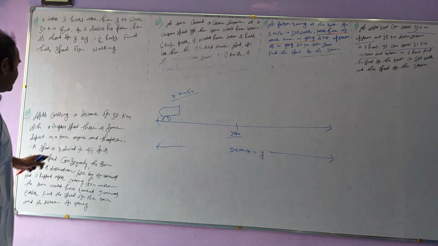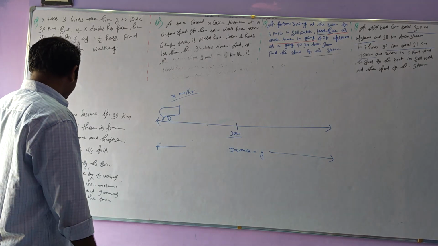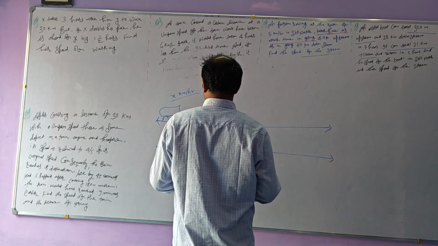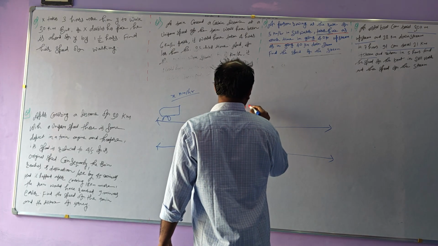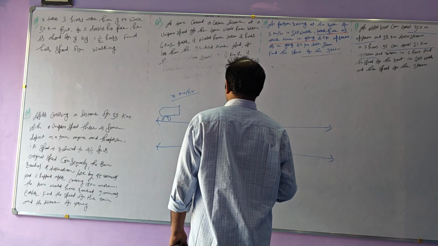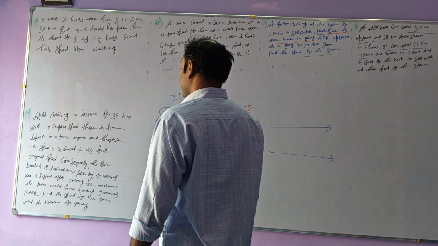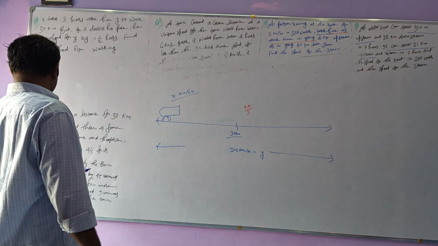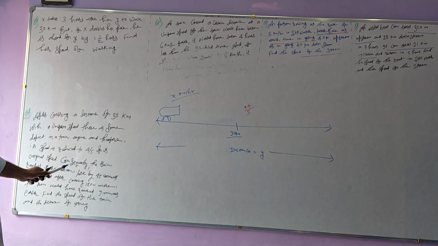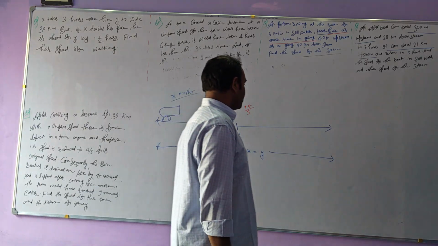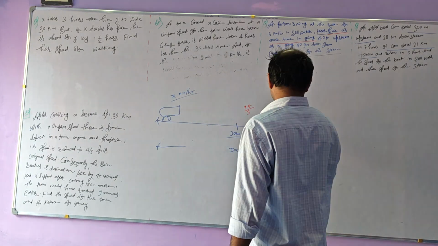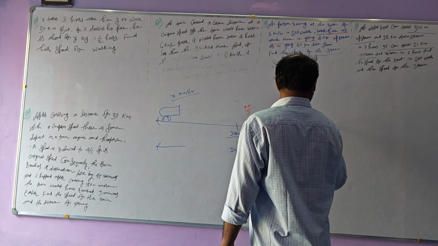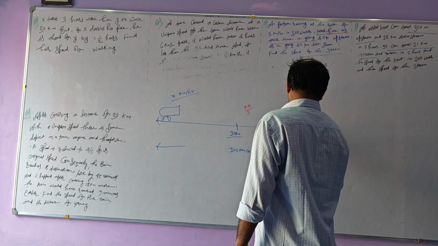There is some defect in the train engine and therefore its speed is reduced to 4/5. Consequently, the train reaches its destination late by 45 minutes. The remaining distance is y minus 30.